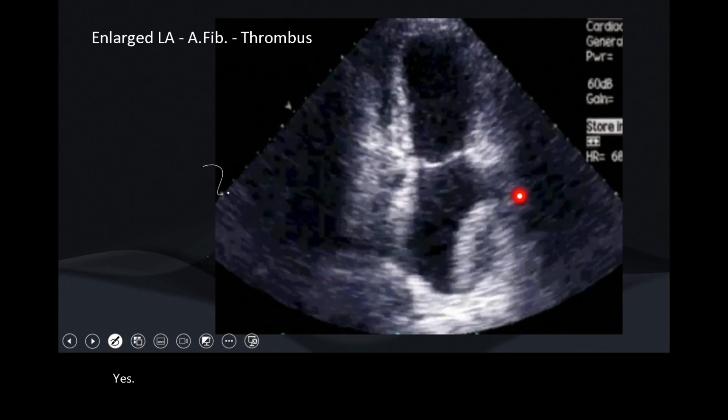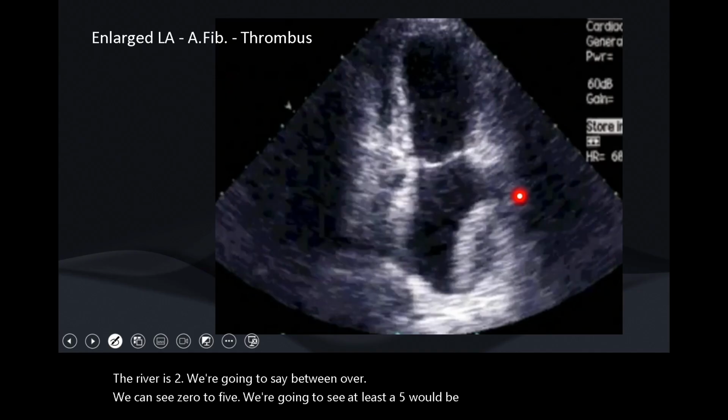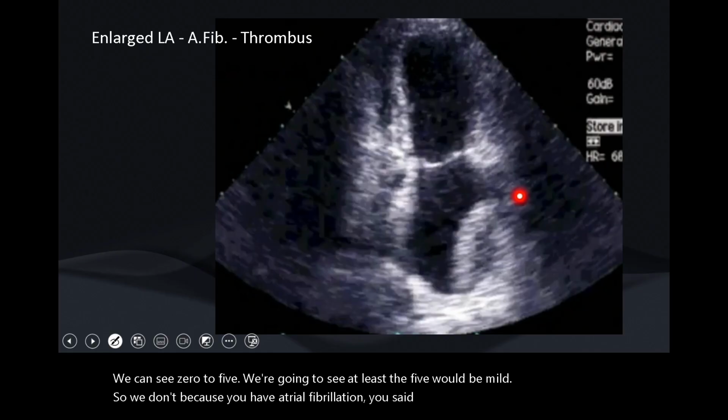The normal is 2. We're going to say between 0 and 5. We're going to say at least less than 5 would be mild. So we go for, because we have atrial fibrillation, because the electricity is not connecting all the chambers